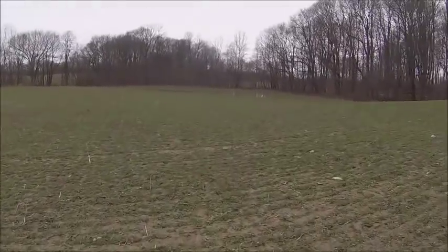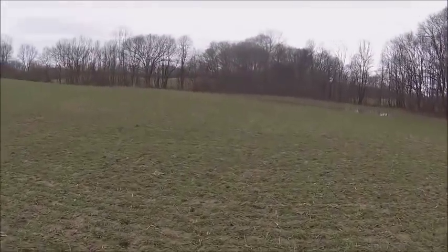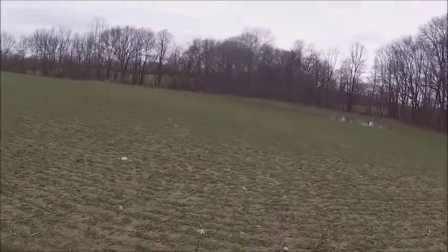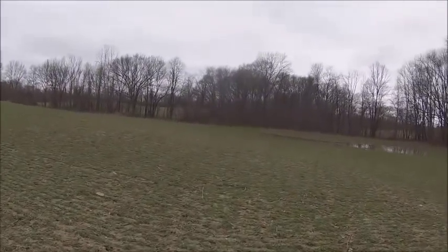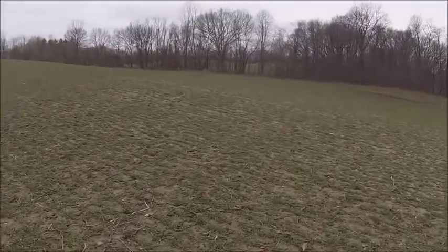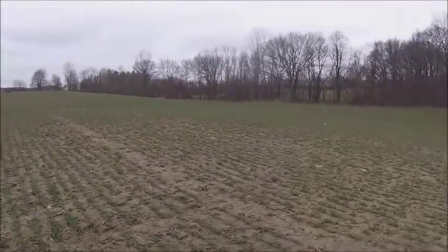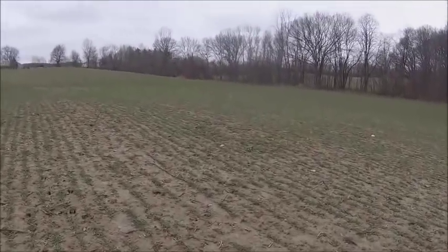So with the damn wet fall we had, these 2 fields that I got into wheat never got planted, because this was supposed to be corn, and the other field, I think they were both supposed to be, yeah, they were both supposed to be corn. And I didn't get a chance to plant them because they never dried out and it got too late. So what I did was waited till the end of July